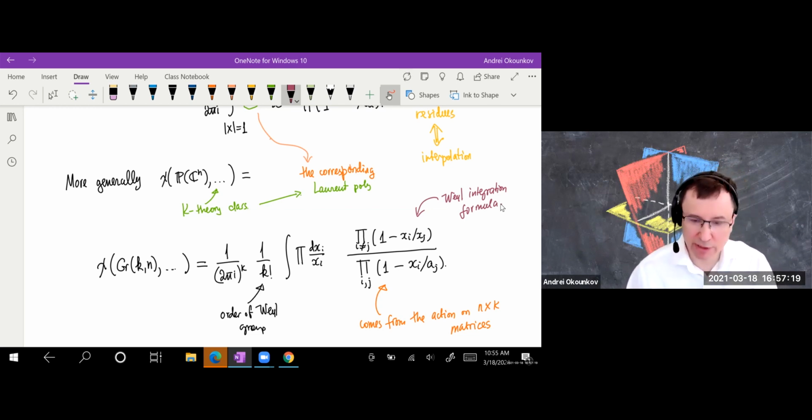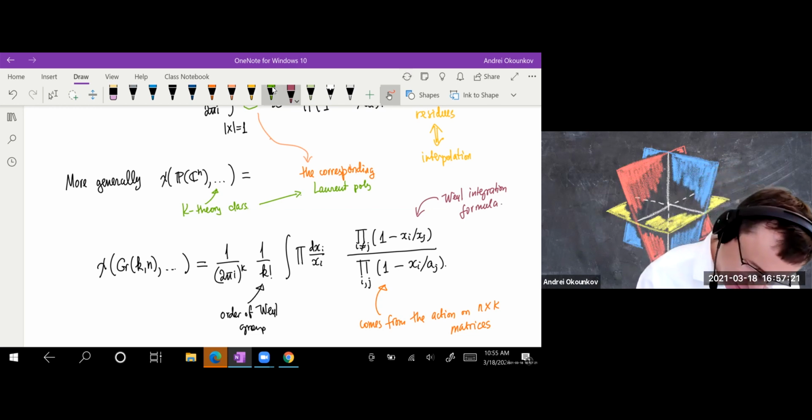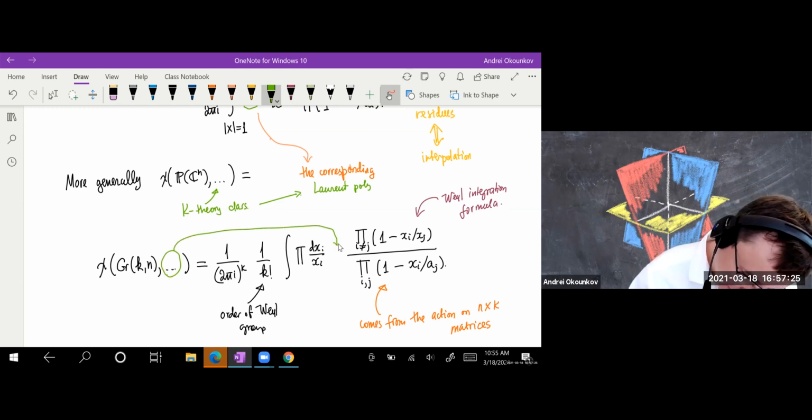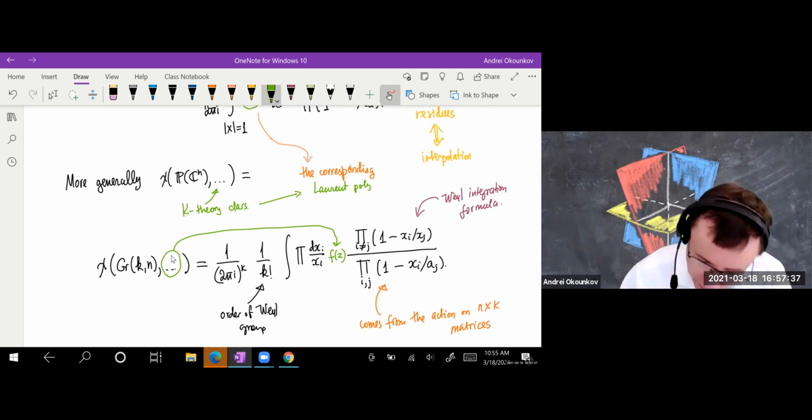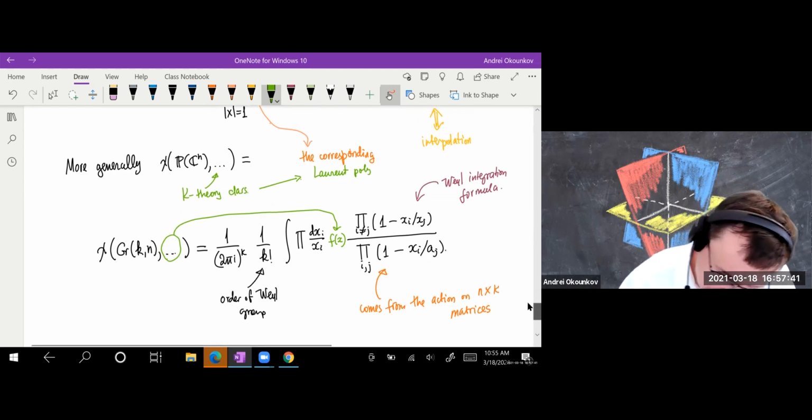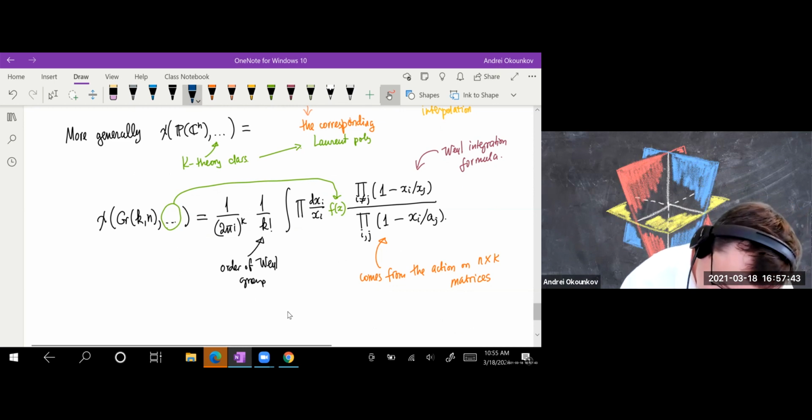And now if we want to compute an integral, and there's a function, right? Sorry, most important thing. And then this thing here becomes some kind of function, maybe we'll just write f of x. This function corresponds to some K-theory class with some Laurent polynomial taken in here. It's clear that we want to compute some integral like this by residues. It's clear that the residues are